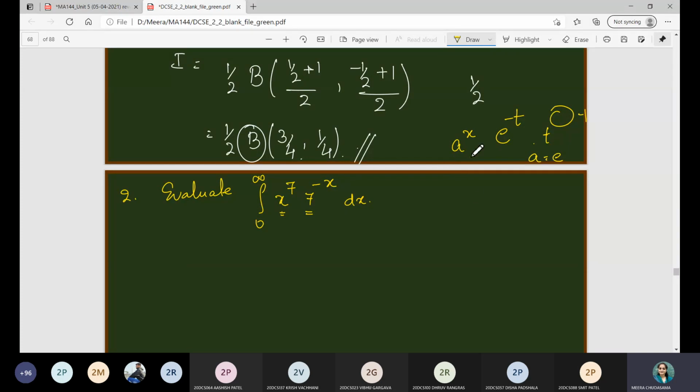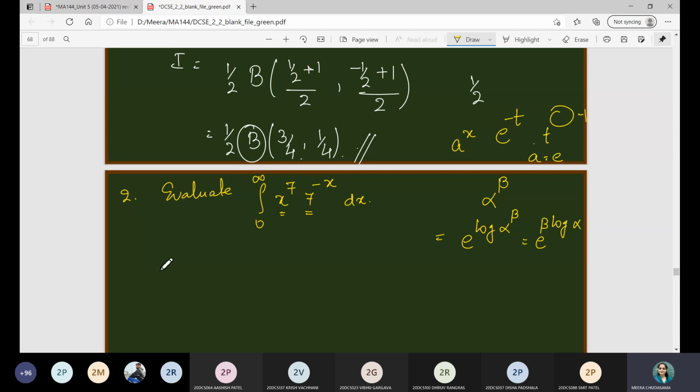You know that whenever such a quantity is given, for example alpha raised to beta, we can write it in terms of exponential and logarithm function. How? e raised to log, both are inverse of each other, so this is nothing but the identity function. Alpha raised to beta, I can write as this, and this is the same as e raised to beta log alpha for any real numbers alpha and beta. Actually this formula is true for complex numbers as well, but this is just for your information. Here we are not going to use complex numbers, we are just dealing with real numbers. So we can write alpha raised to beta as e raised to beta log alpha.